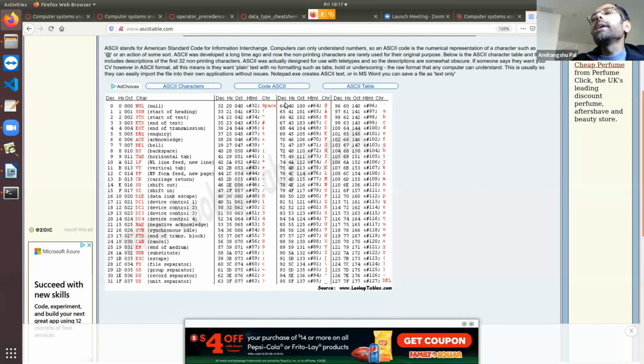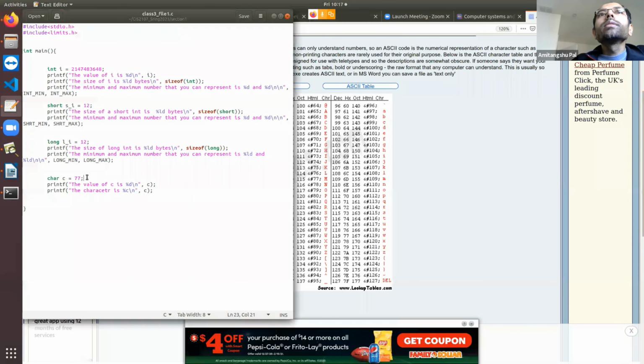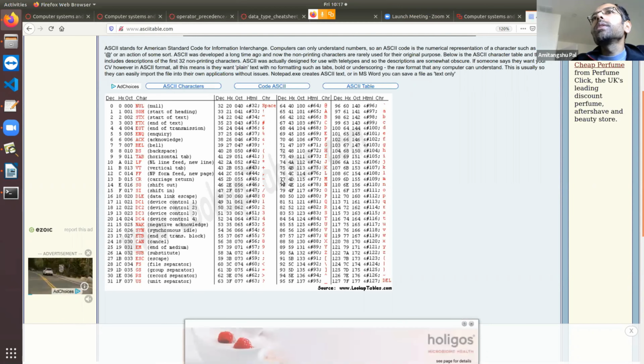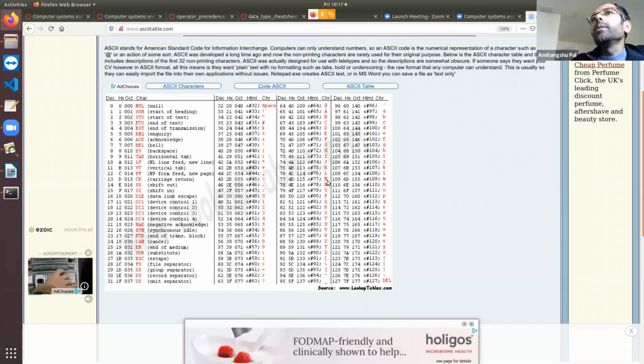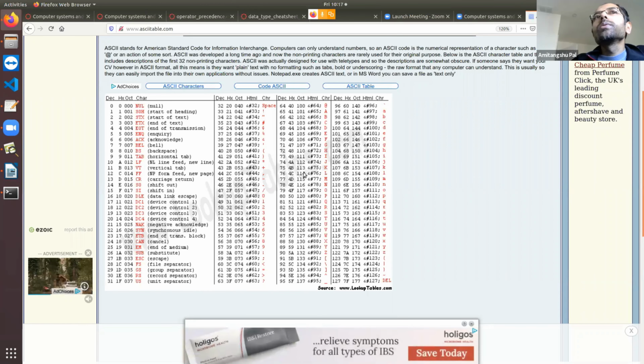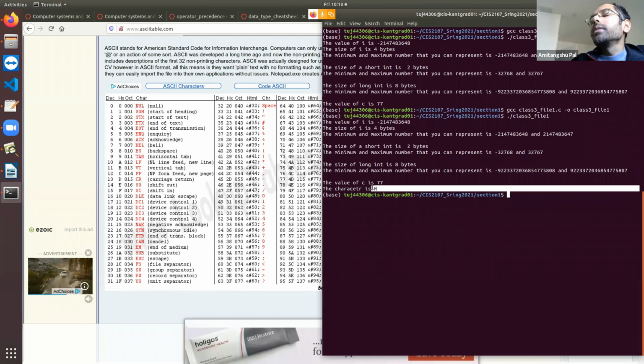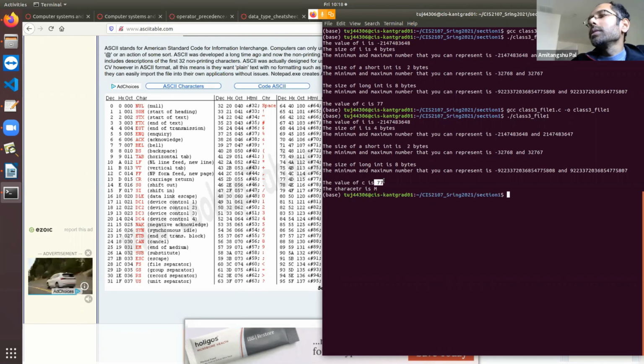This is called the ASCII value of the corresponding character. So here I have written 77. What is the character that corresponds to ASCII value 77? If you look at this table, 77 corresponds to character M, and that's how we are getting M corresponding to the value 77.